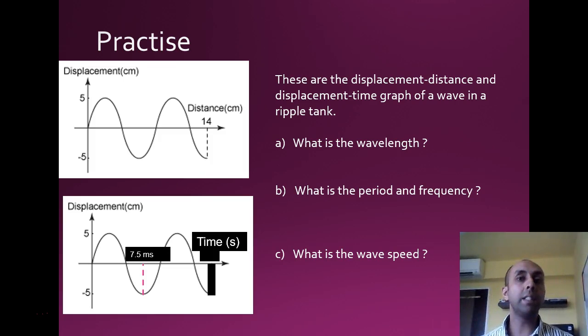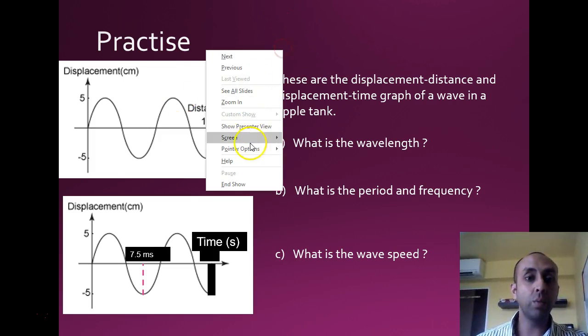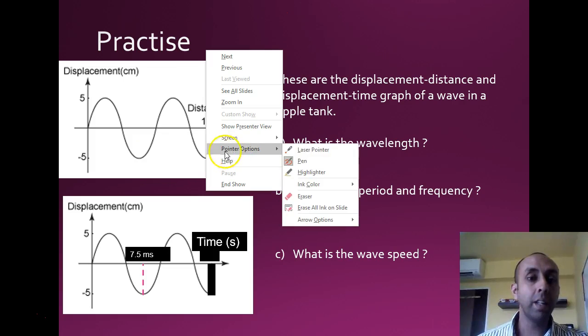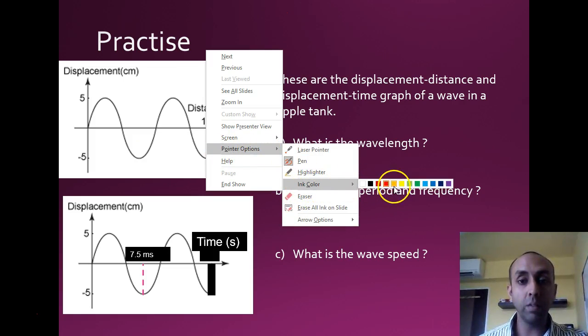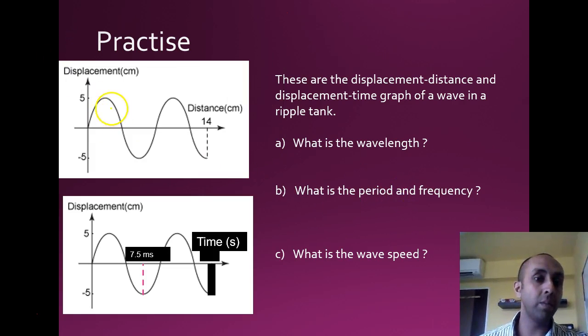Now a lot of students have noticed what they tend to do is they don't know how to actually use the graph. You need to understand that your displacement distance graph actually tells you two things. The displacement distance graph tells you one is the amplitude, which will then be here. So this one will be your amplitude,